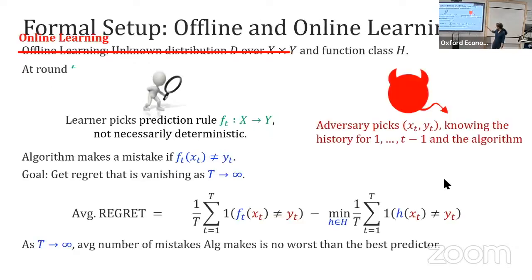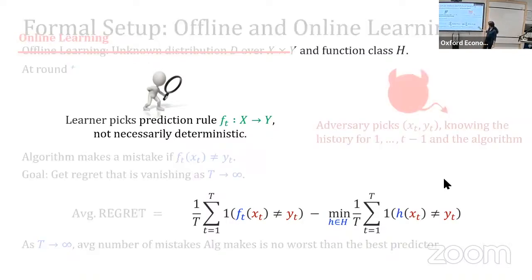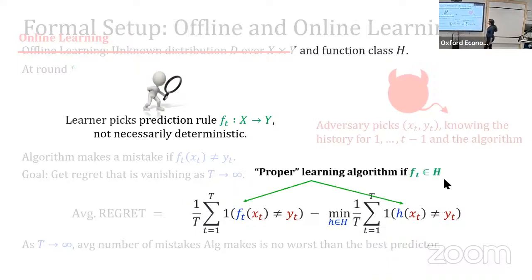In fact, if I go back here, where should I zoom in? It's this part. In particular, I used f_t rather than h to emphasize that f is not necessarily part of H. When it is, it's a special case. It's called proper online learning, or proper learning, when f_t also has to be in my class H. Proper learning is slightly harder than improper learning. But that's the reason why having a no regret algorithm wasn't sufficient to show that